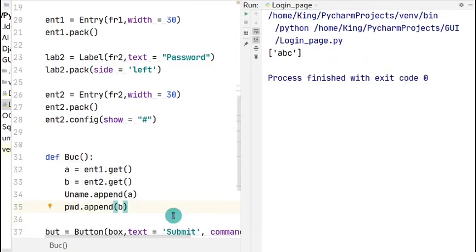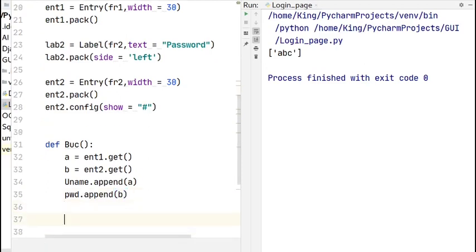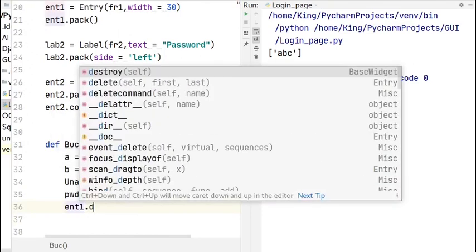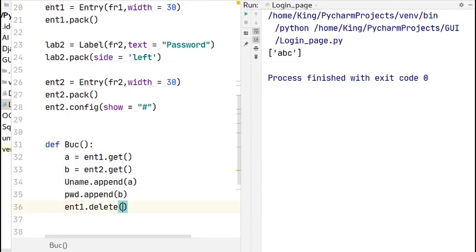Although we are appending this to a list, now we have to clear the inputs from the window. So for this, we are going to use the delete method. So ent1.delete from the 0th character till end. Similarly, I'm going to replicate for entry 2.